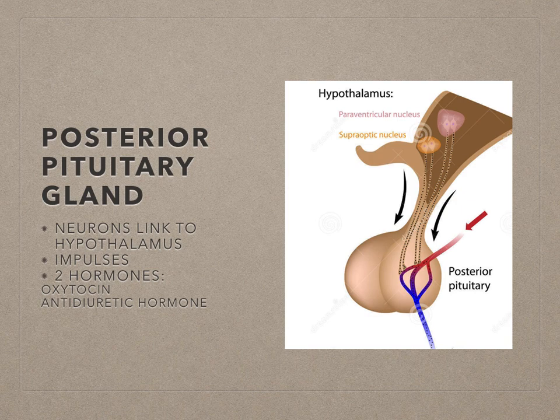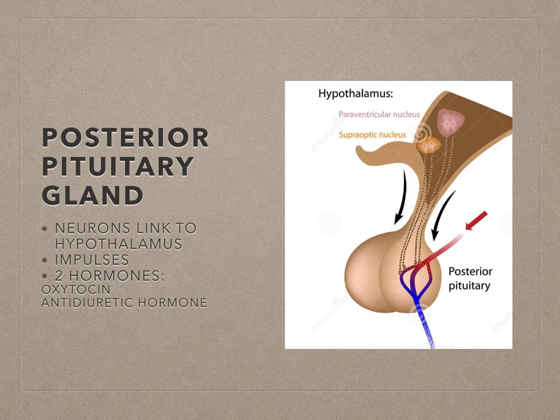Okay, then on the other side of the pituitary gland, there is the posterior pituitary gland. And in this case, instead of hormones being released by the hypothalamus, there are nerve cells, neurons, that link the hypothalamus to the posterior pituitary gland, and these neurons can directly stimulate the posterior pituitary gland to release their hormones. So it's an impulse that comes from the hypothalamus, and there are two hormones produced by the posterior pituitary gland: